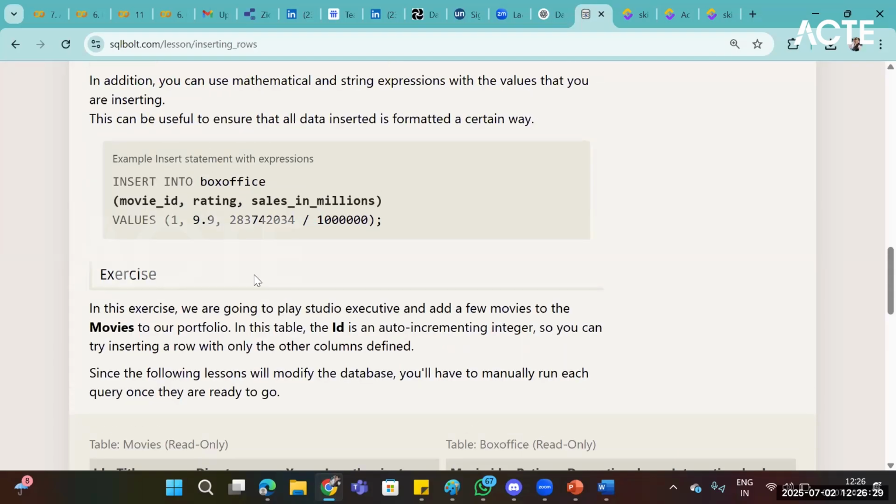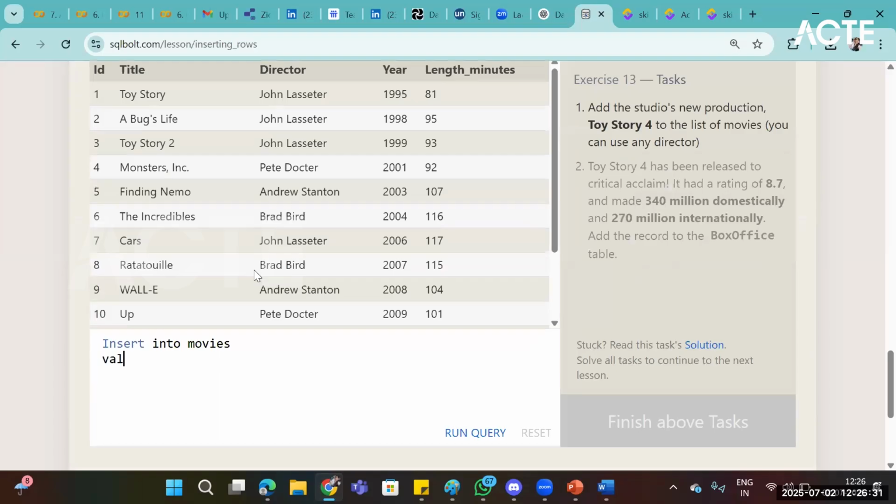Okay, then I will give values. What are the values I want to post? Okay, values in the parenthesis. So first is the ID. I will give 4, comma, and the movie name is Toy Story